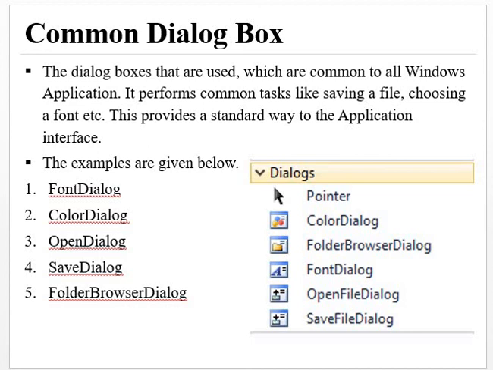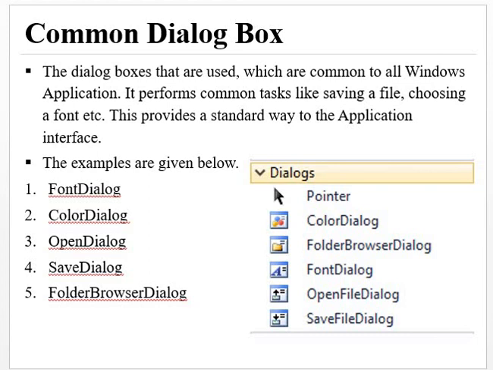It allows the user to use such facilities directly with the help of a control. We don't have to do coding to select the color, to select the font, or to select any folder path. At that time we can use this dialog box concept.